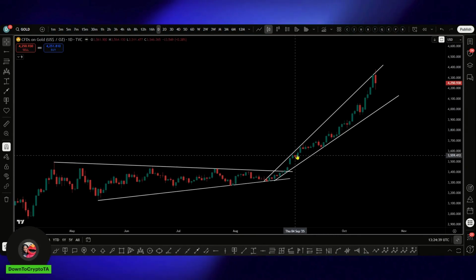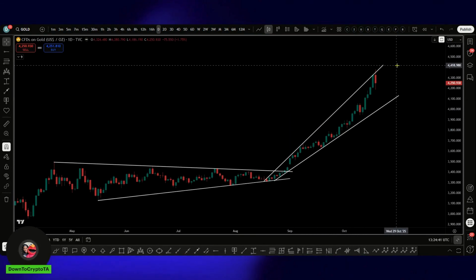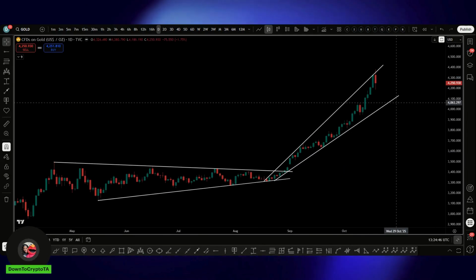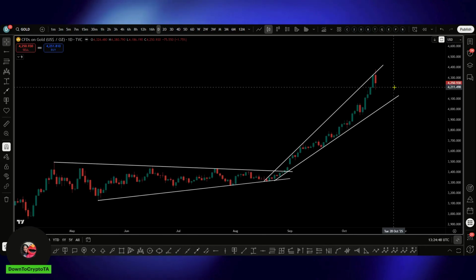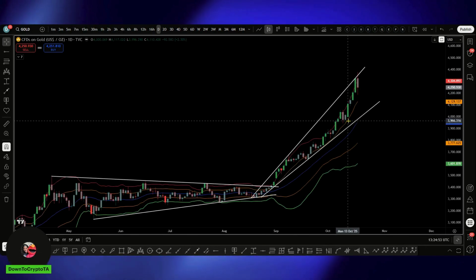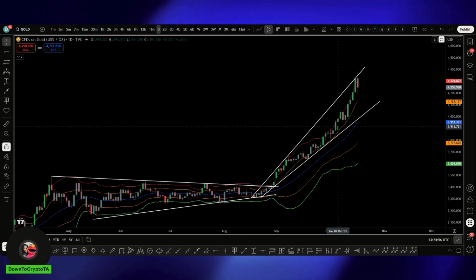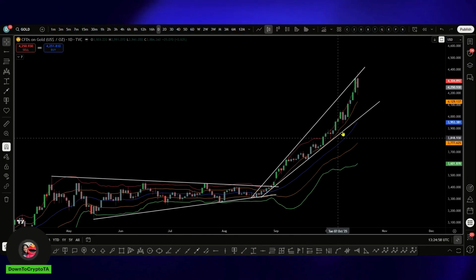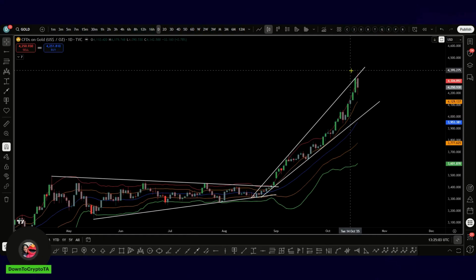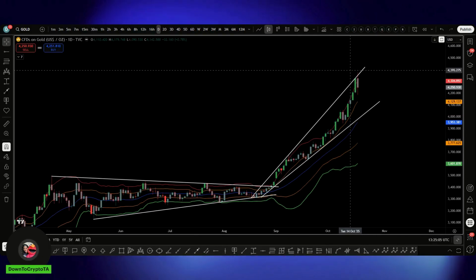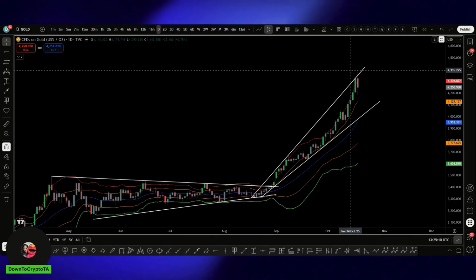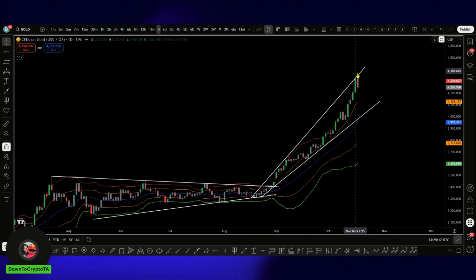Here on the daily time frame, you can see that price action is within an ascending broadening formation. We have higher highs, higher lows, and widening volatility. And this is where I like to bring in the Bollinger Bands. On the daily, you can see that price is holding within standard deviation 1 and standard deviation 2, not breaking below, not breaking above necessarily, and that shows that gold has a strong momentum zone. It's moving in harmony with volatility and not against it.